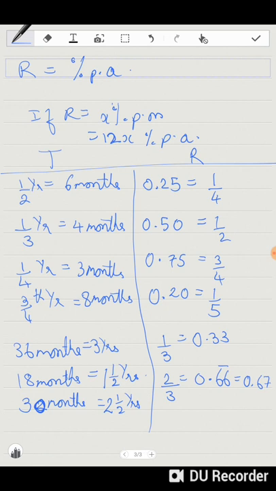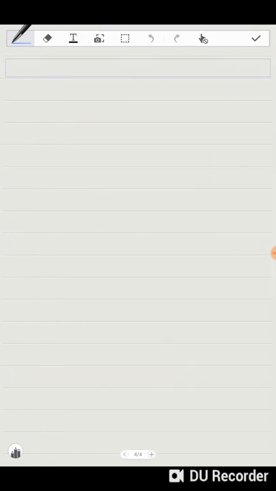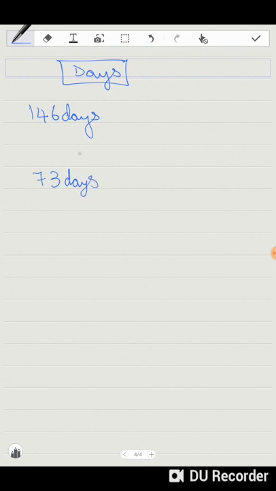Also, when it comes to time, and when we are talking about days, there are certain popular numbers. 146 days, 73 days. Now, if I want to convert this into years, I will divide by 365. Yeah, 365 days. Now, you might notice that it's very difficult to calculate what is common factor between 146 and